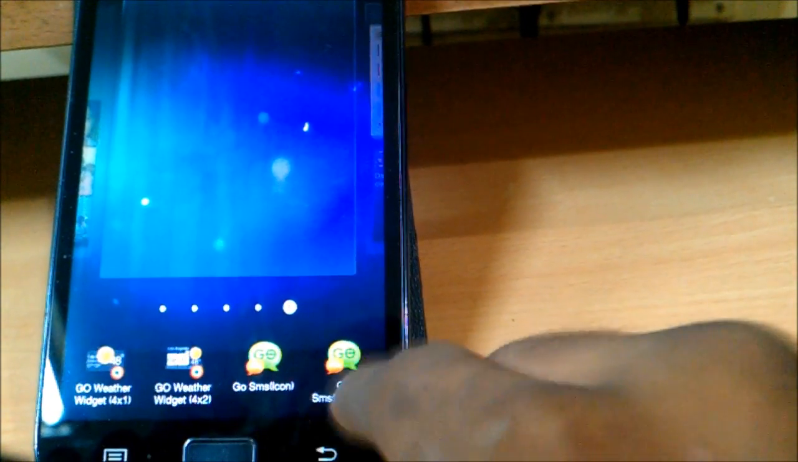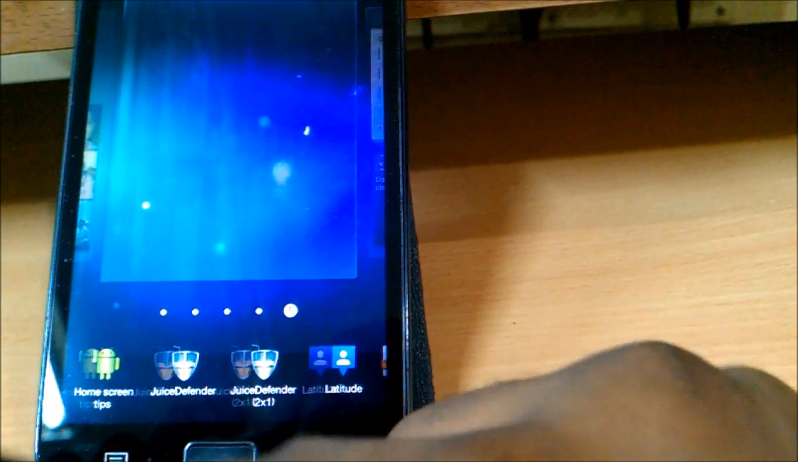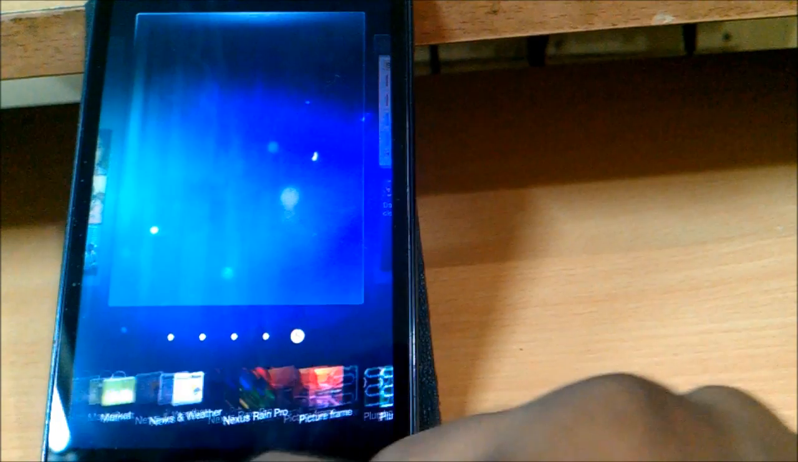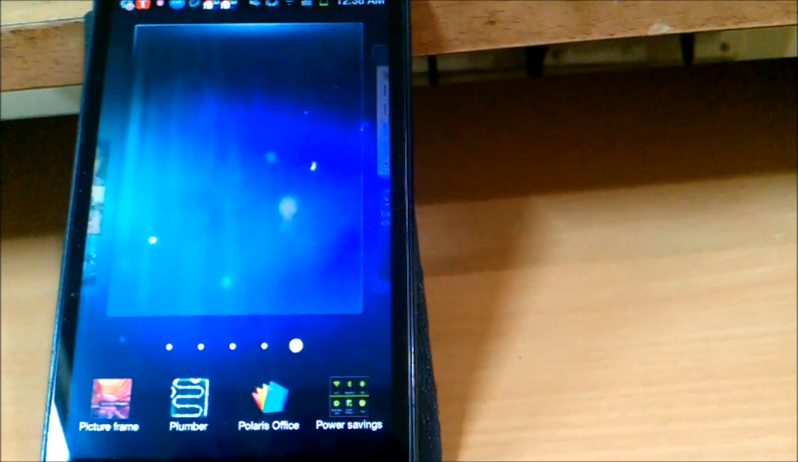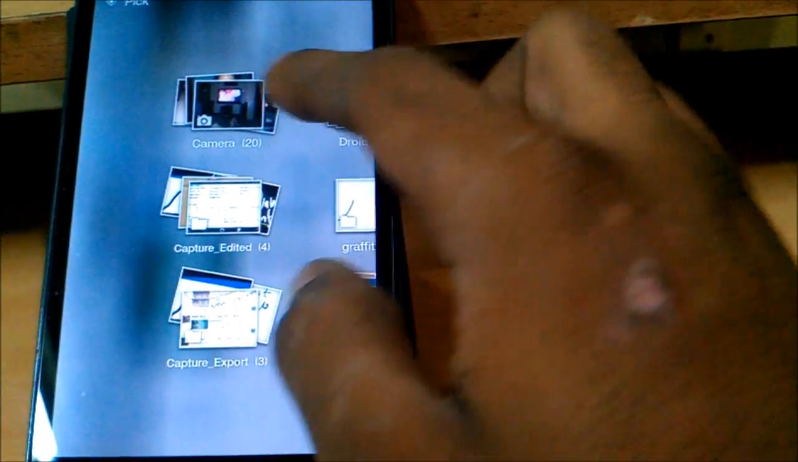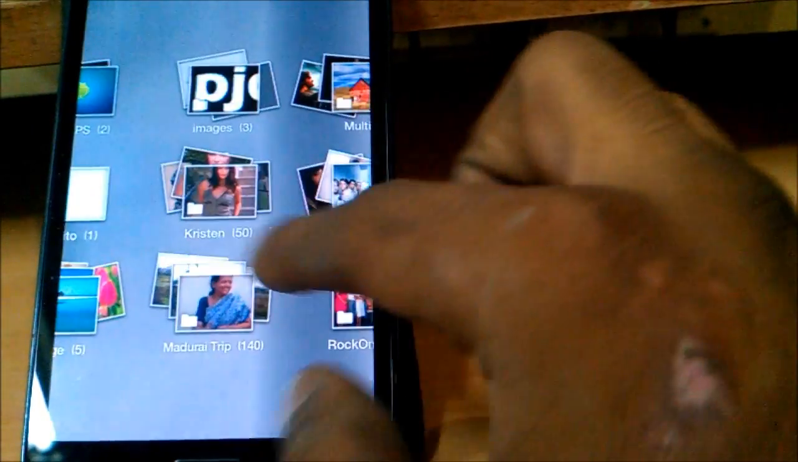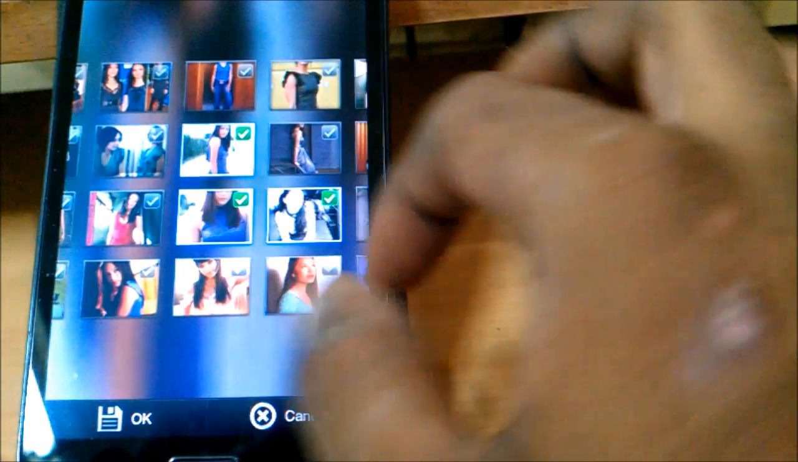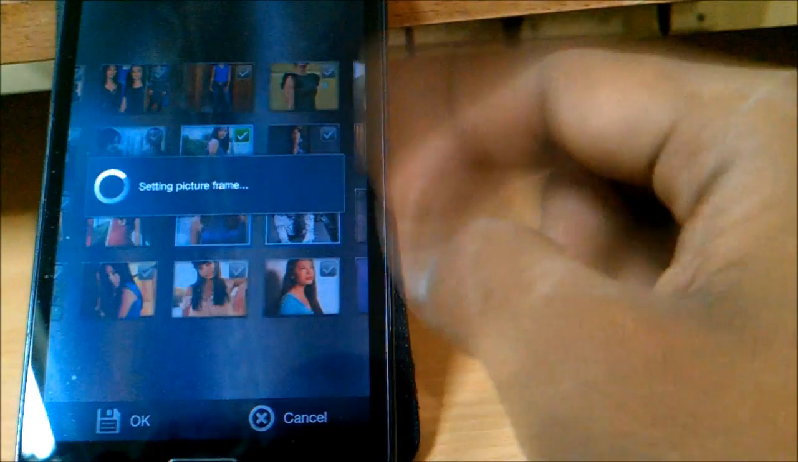You get an email app. These are all some things that I've added myself. A market app, a news and weather, and the picture frames. The picture frames are also decent. You just need to go ahead, select whatever pictures you want. Say for example I'm going to go ahead and select some of these pictures. Say for example I'm choosing these 3 pictures, and I'm going to put it in the picture frame